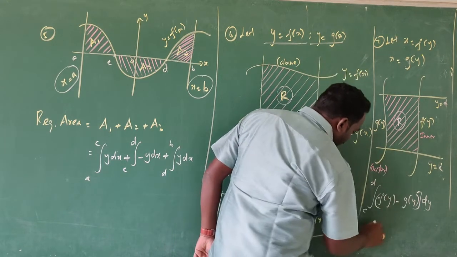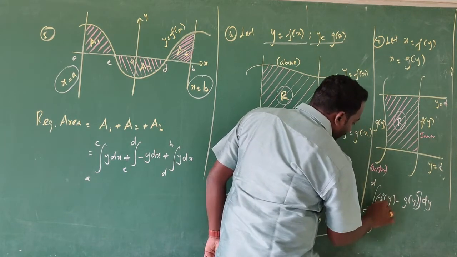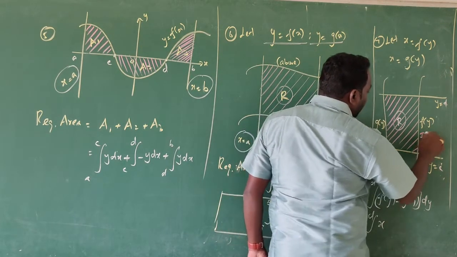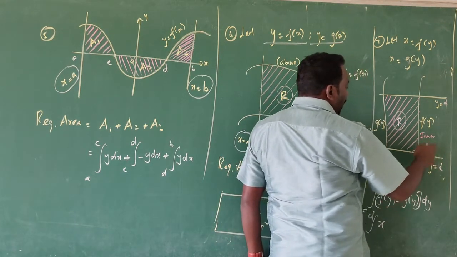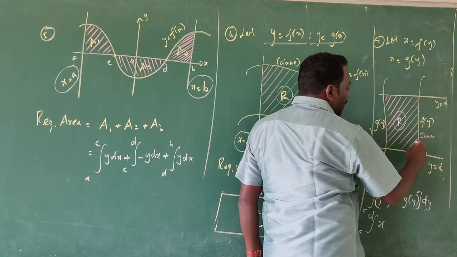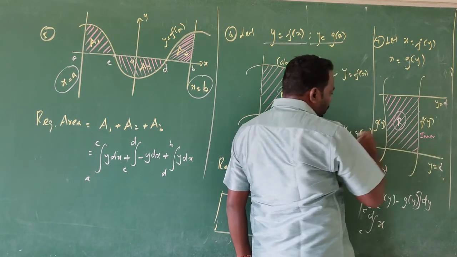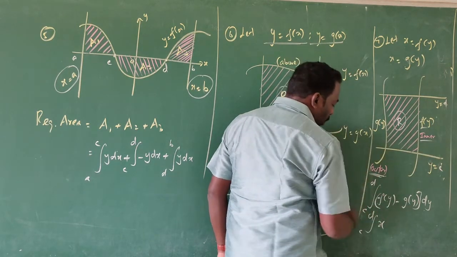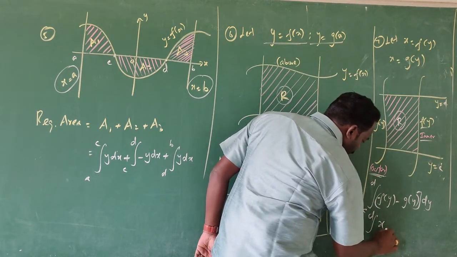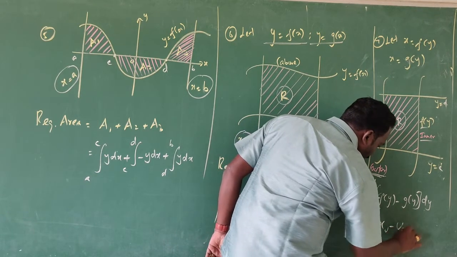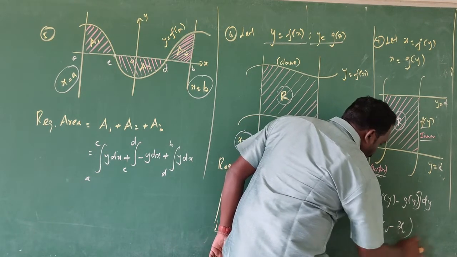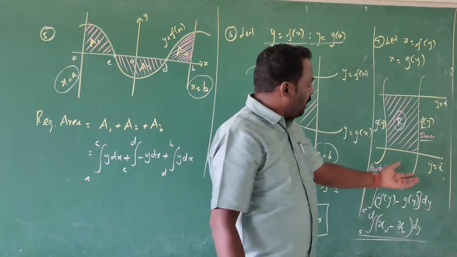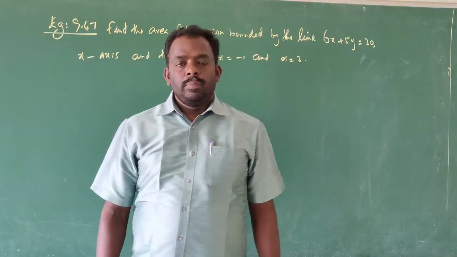Instead of that, we can write the integral from c to d, with f of y defined by x, below or inside the curve. Because it is along the y axis, one is the inside curve and the other the outside curve. The inside curve is called above and the outside is called below. x above minus x below, into dy. Apply this formula to find the area with respect to y.